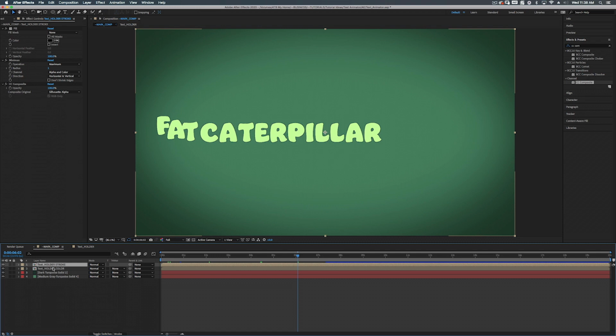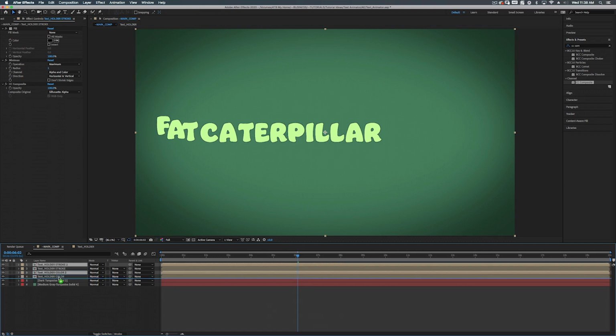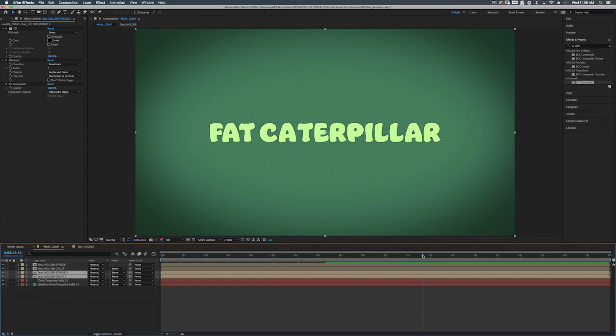Now, let's create some 3D-ness. So what I'm going to do, actually, is take both of these, the color and the stroke, and duplicate them. I'm going to move them underneath the original two. So with both of these selected, let's actually just go to where it's not moving anymore. I'm going to make sure that I have the Move tool selected by hitting V on the keyboard, and I'm going to use the arrow keys on the keyboard to move this